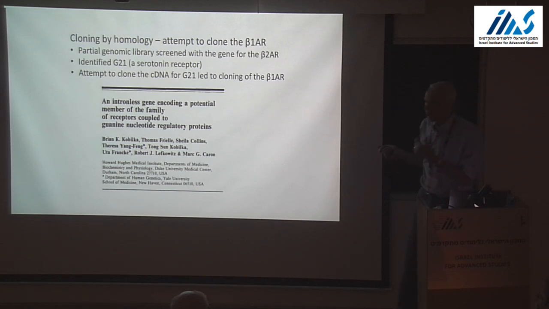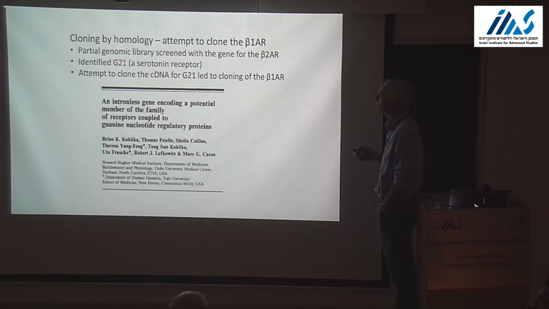So those were, I think, probably the most meaningful things I did in Bob's lab. This was one of the most unsatisfying for quite a while. It was cloning by homology. So I attempted to clone the beta-1 receptor. I found that there was an EcoRI fragment, 5 kilobase, that really hybridized well with the beta-2. So I created a partial genomic library